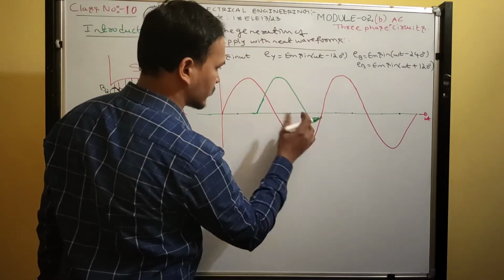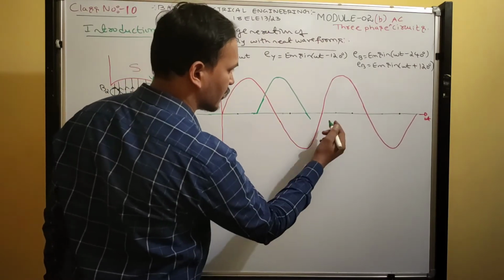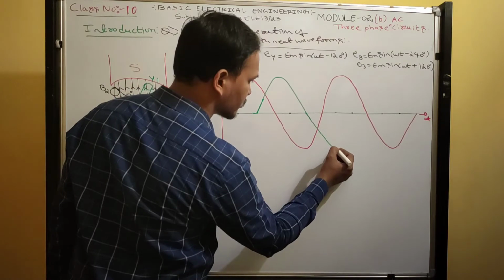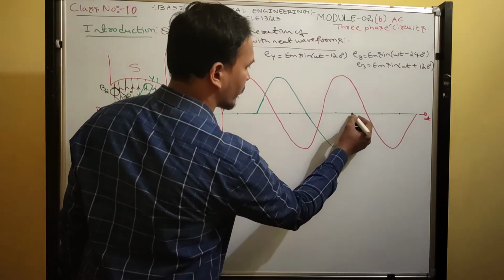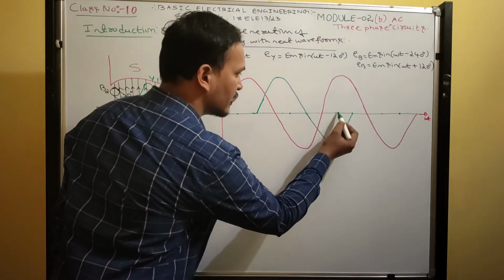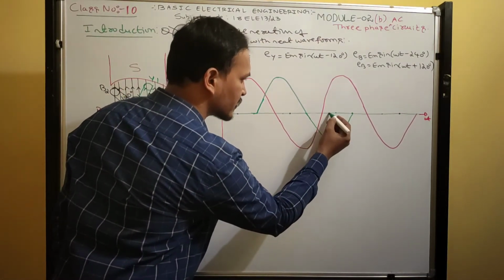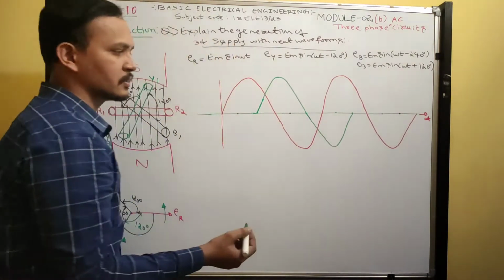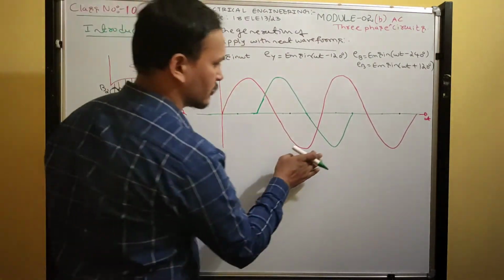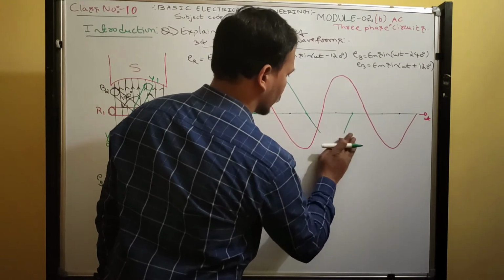Like this you should write. So now negative half cycle, positive half cycle, now negative half cycle. You start increasing, and at 90 degrees you write the maximum value. So from here to here 60 degrees, and here to here 60, and 90 degrees comes somewhere. You should write the maximum value at 90 degrees. You should write this and this magnitude should be the same. Like that you write approximately.